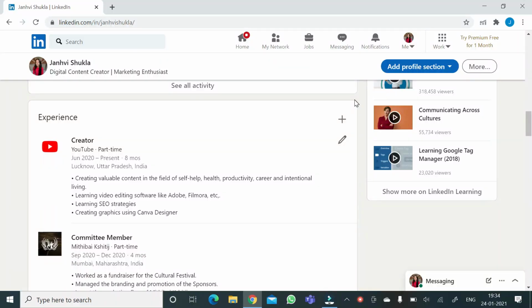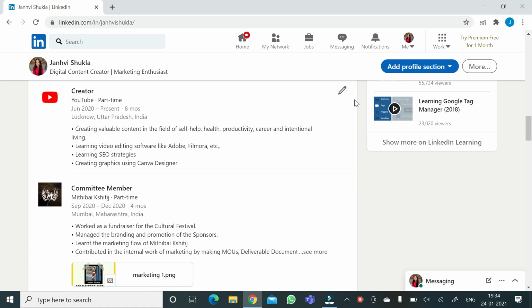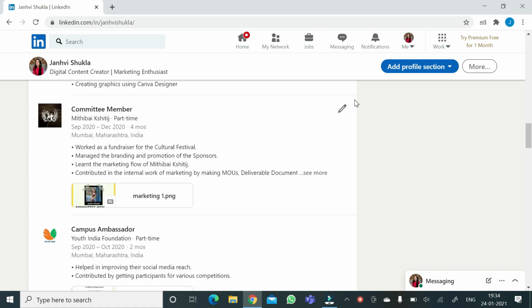Now if you're someone who has already had a lot of past experiences and you have worked in different organizations, you must find this section much easier than others. But if you're a college student who's just starting with LinkedIn, you might find this section a bit difficult to tackle. But you can mention the internships that you have done over the past years in this section. You can also mention your leadership positions that you had in school or college, like if you were part of the student council in school, or if you were part of any cultural fest that you organized in school or college. You can mention those also in this section.